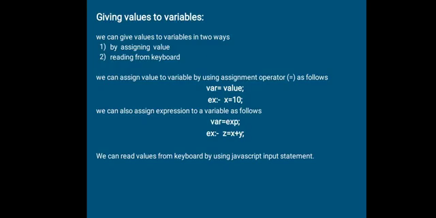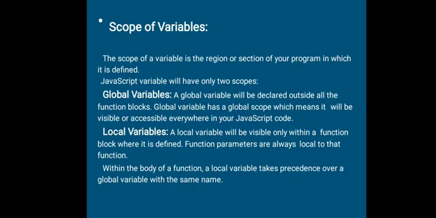When we are declaring a variable, we can specify the scope of the variable. Scope means the lifetime of the variable, that is, where we can access the variable. Here the scope of a variable is of two types, either global or local. If the variable is declared within a function or a method, then it is local to that method. If it is declared outside, then it is a global variable and can be used throughout the JavaScript code.